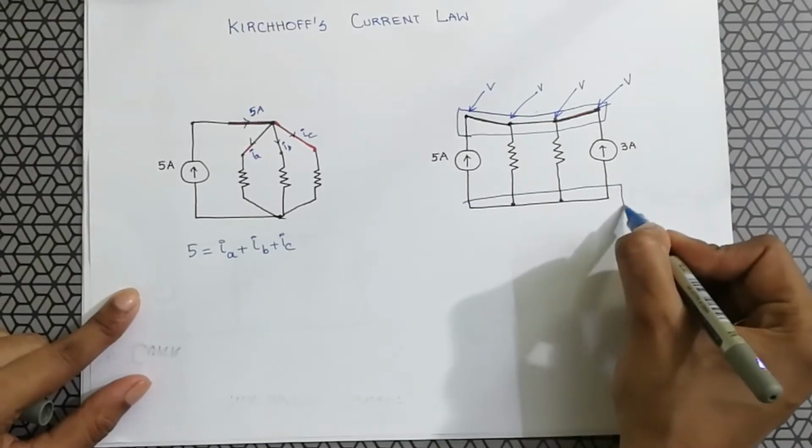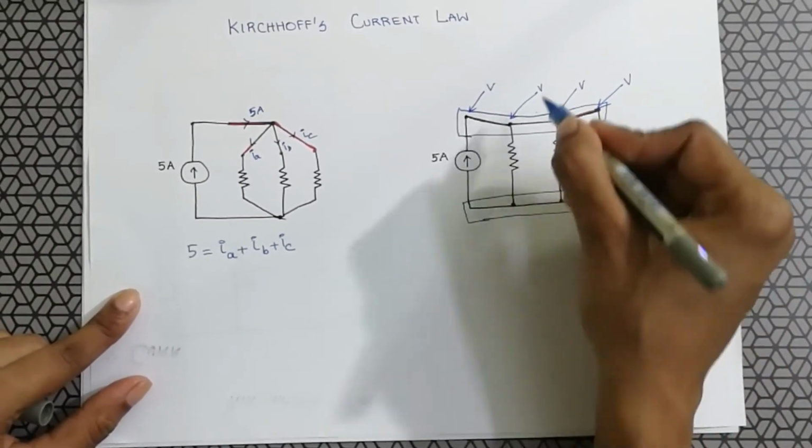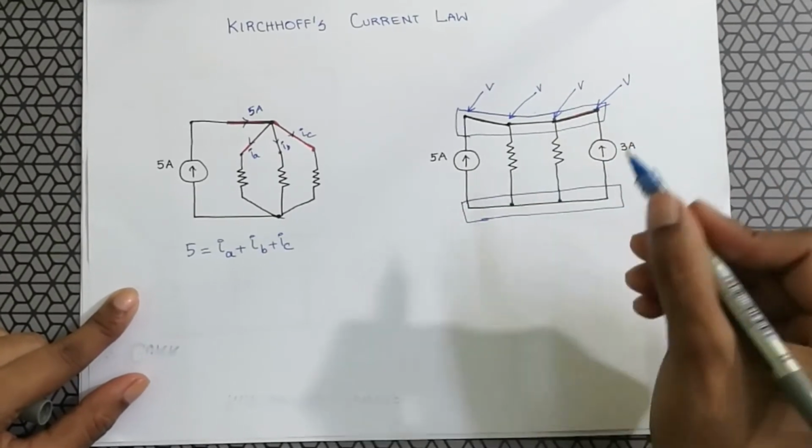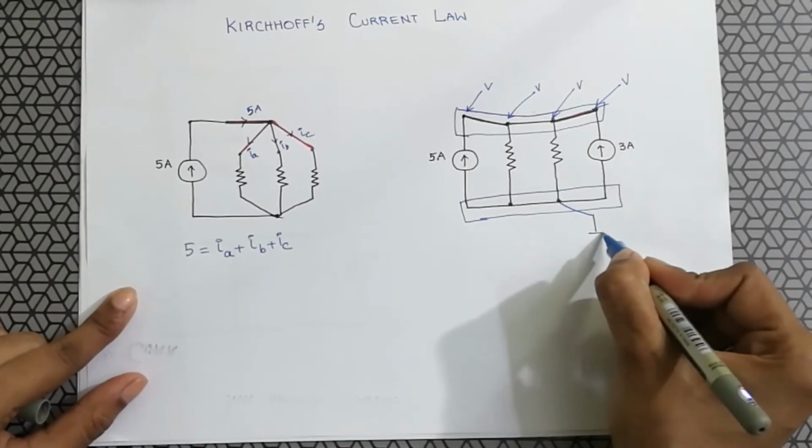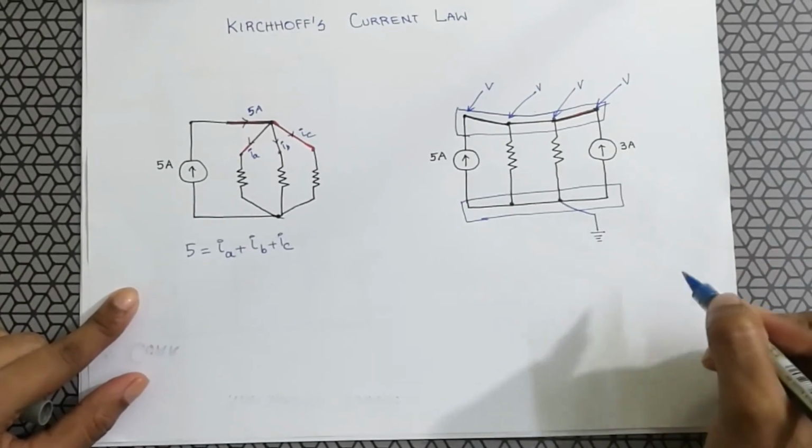And similarly in this case also, totally we have 2 nodes here. One is the node with the voltage V and the other one is the reference node. We are assuming that the reference node is at zero potential. In a circuit, current travels from higher potential to lower potential. Therefore, the voltage difference across an element will be the potential at the start minus the potential at the end. Therefore, we have to consider one node to be at zero potential so that we can say this node is at V potential with respect to this node.